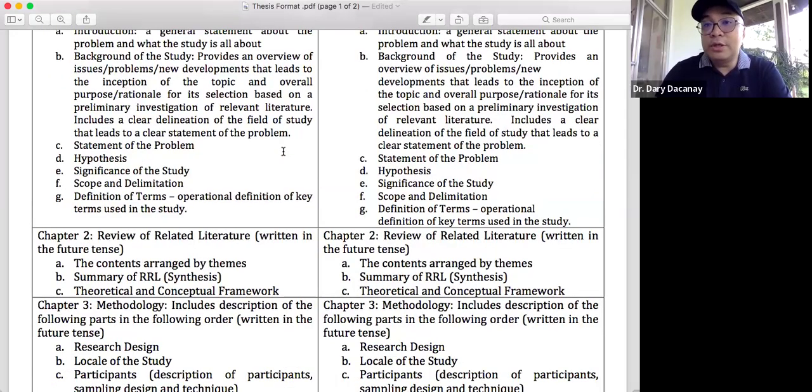Then we move immediately to chapter 2, which is the review of related literature. Sabi nila how many pages, but this would really depend: 10 to 15 pages. Usually this is double space. Again, there's a note here that says written in the future tense. So contents arranged by themes. It's like